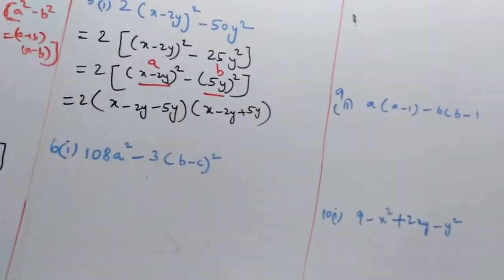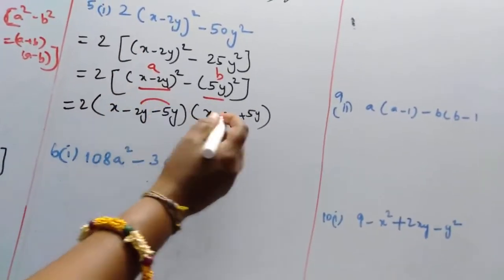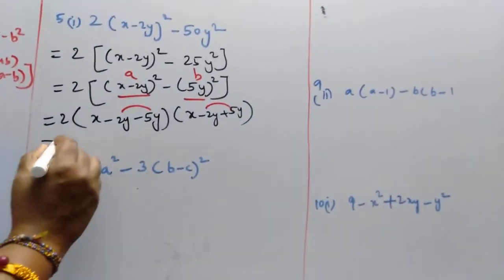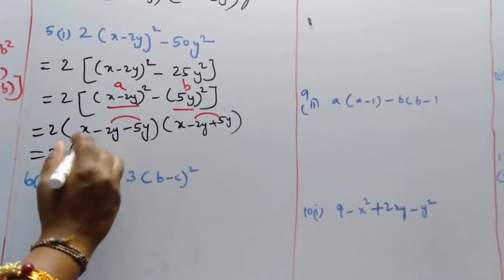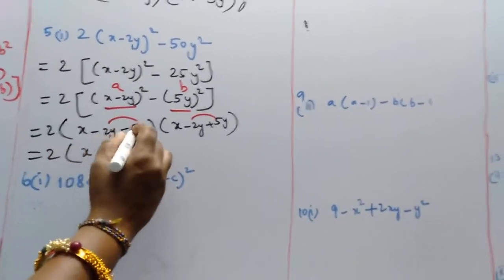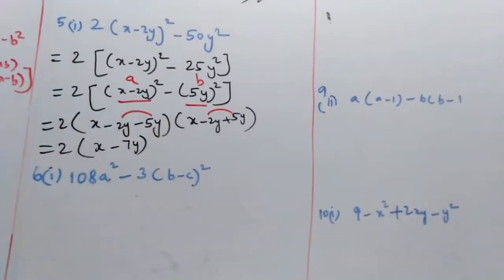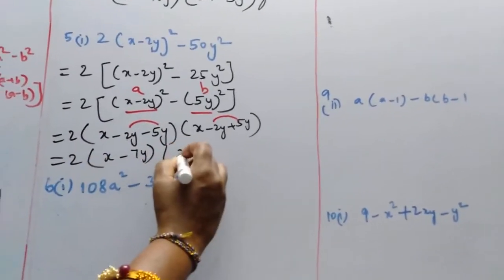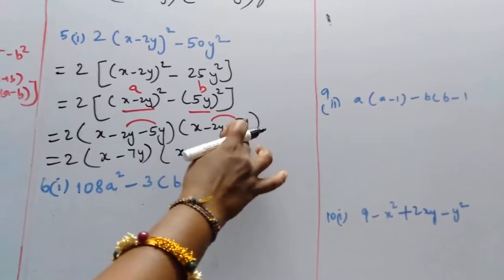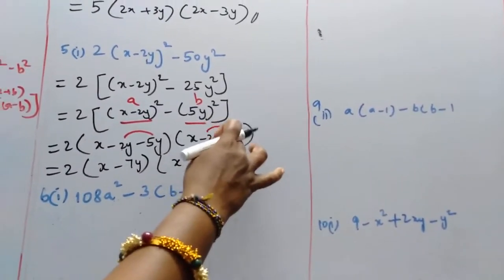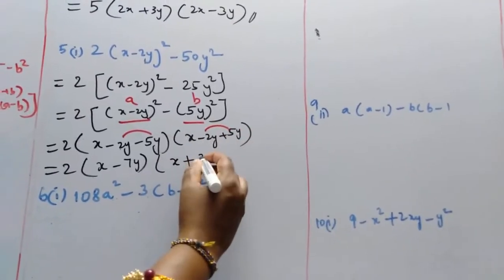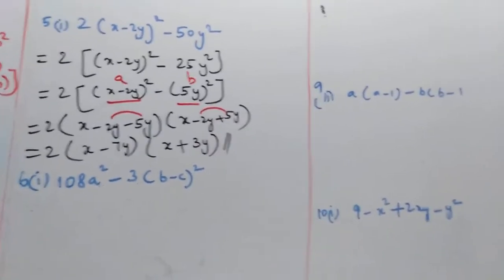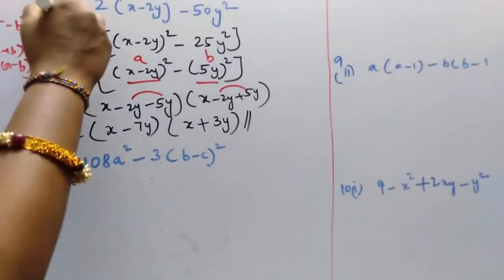Since these are like terms, we want to check if there is any like term, and again do the further steps. Here x minus 2y, both the signs are same, so we just add: x minus 2y minus 5y becomes x minus 7y. And here x, minus 2y plus 5y, the greater number here is 5, so that sign we put here, and 5 minus 2 is 3y. So this is the solution, right? This is entirely different from the previous one because like terms are used here.